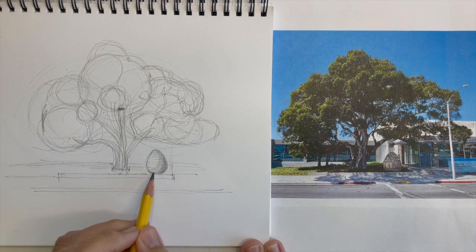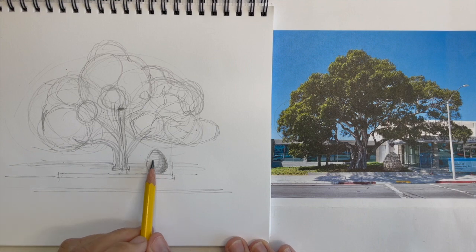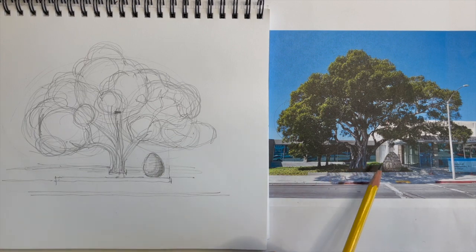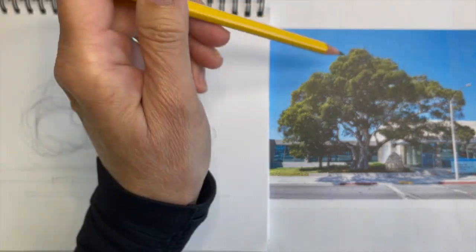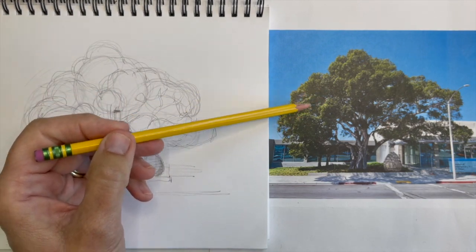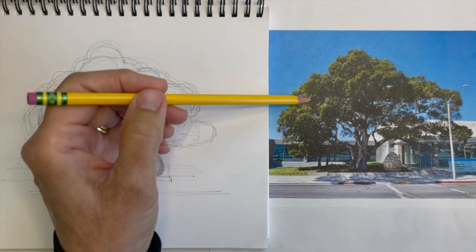And see how your cairn has taken the shape that you want it to take. Now the last thing before we start inking is let's take a look at our subject again. Let's look back at the tree, and I'd like you to try to find the darkest darks and the lightest lights. The lightest are the leaf areas here that are closest to the sun, being hit directly by the sun. There's some intermediate places here where they're in shadow, the light is filtering through,